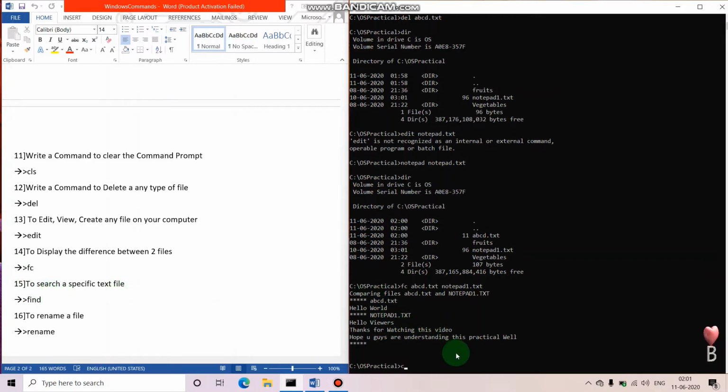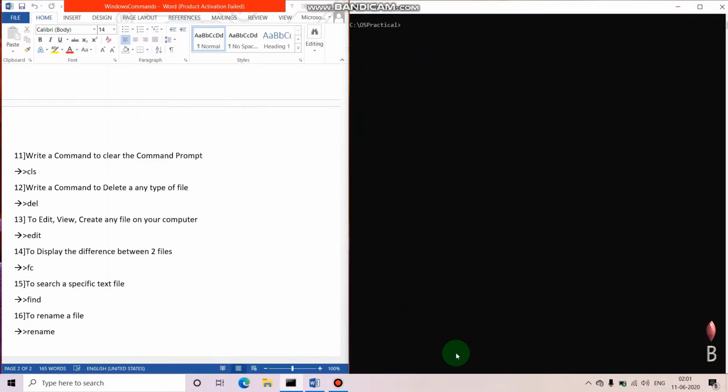First I'll use the cls command to clear the screen of the command prompt, so that you can see the practical properly. Now the next command is to search a specific text in a file, which is the find command. Actually, the find command is not used to search a particular text file on your computer, but it is used to search a particular string in your file.